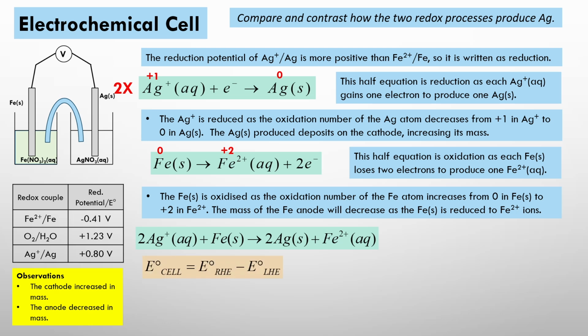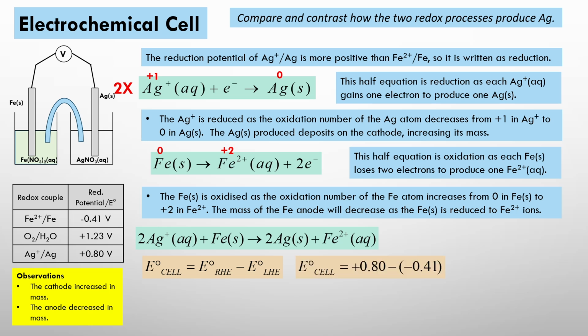The next thing we need to do is work out the E cell. Now for a galvanic or electrochemical cell, the E cell is going to equal the right hand electrode minus the left hand electrode. So what I mean by that is we look at the picture that we have, and the right hand electrode is the one that's on the right hand side in the picture. So that's the silver electrode. So we're going to take the reduction potential value for this silver couple here, which is positive 0.80 volts, and we're going to subtract away from it the redox couple for the iron